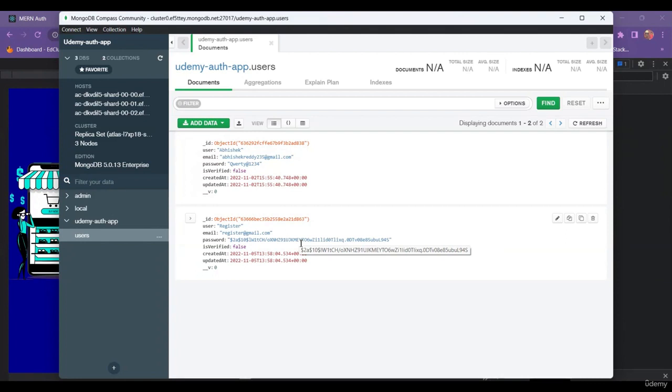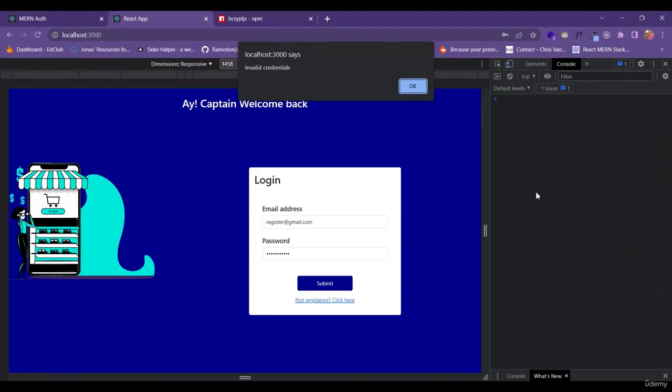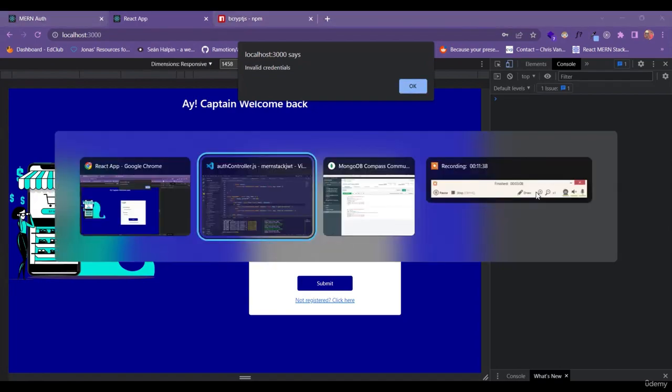So here what we need is a comparison or a decrypt logic. What a decrypt logic does is it should take this hashed password and check it with the user-entered password. So again, it should decrypt from there, and then it should compare whether both passwords are the same or not. Then it should throw a message whether it's a successful login or a failed login. So we are going to decrypt the password now. Let's head to our code, and